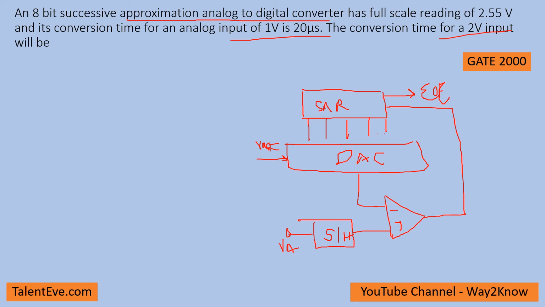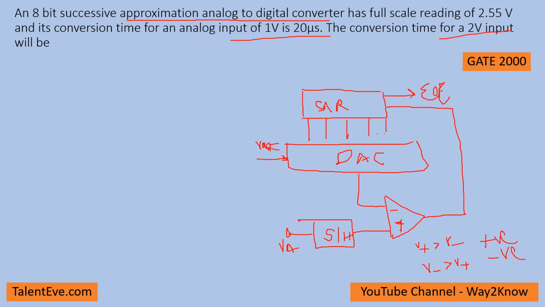Now how this works is that, let us assume I give some voltage here. When we give some voltage, this voltage will be compared against this voltage by the comparator. So the comparator, we know, if the voltage on V plus is greater than V minus, the output will be positive. If the V minus voltage is greater than V plus, the voltage on the non-inverting terminal, then the output will be negative. So this is how a comparator works.